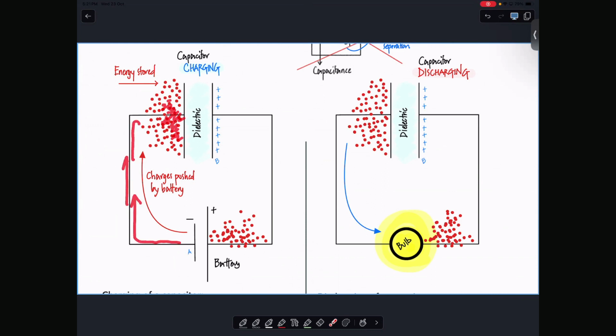More and more repulsion. Now imagine, of all the electrons available, 99.9% of them are here, almost all of it, and this one last electron is left. Do you think that electron will find it easy or very, very difficult? Very difficult, right? But it will try, and it will take a very long time to eventually overcome the repulsion and get there. Mathematically, it will take infinitely long. That's why the graph never touches the x-axis. It's an asymptote.